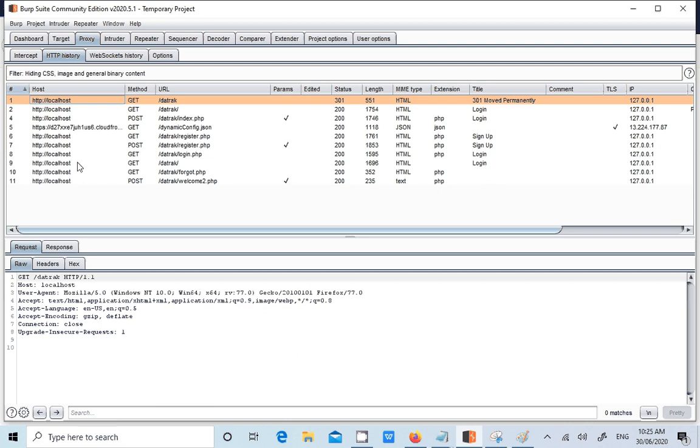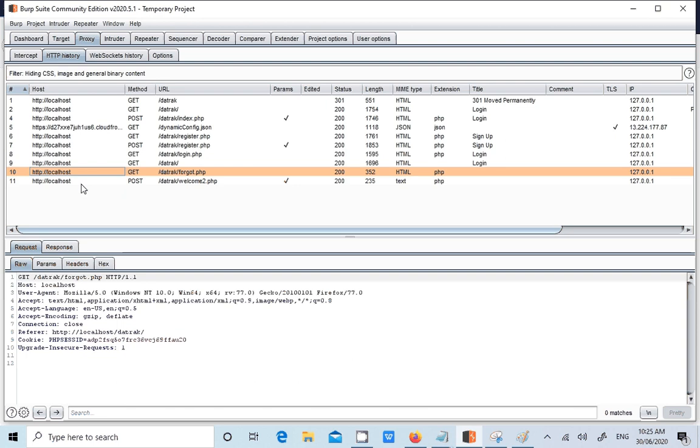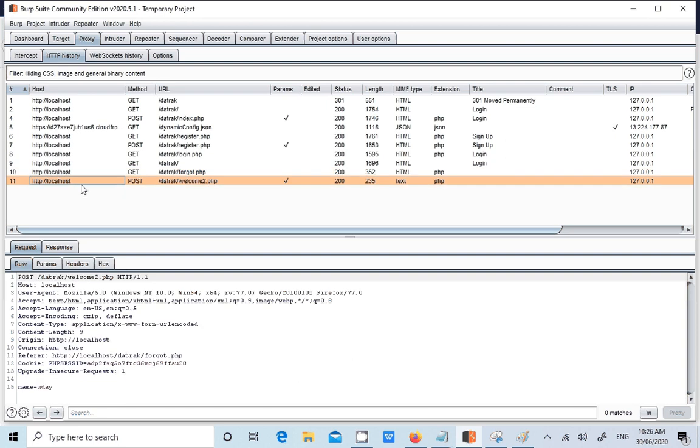Now we'll talk about the description, impact, and remediation. The description is something like: the test team observed that sensitive information like username and password is sent over the HTTP protocol. What is the impact?